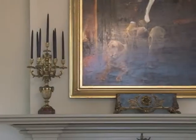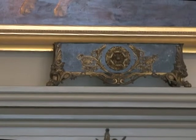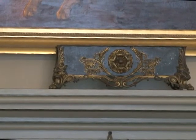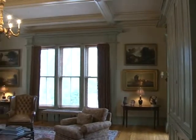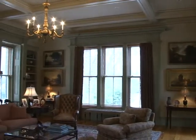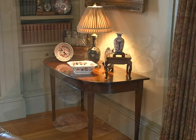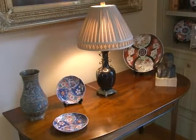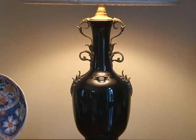In the center is a French planter with gilt bronze mount, and it dates from 1900 to 1920. At the end of the room are a matching pair of Banquet Inn demi-lune tables from the mid-1800s. They are made of solid mahogany. On top of the table, on each table actually, there are a pair of black ebonized lamps with bronze ormolu